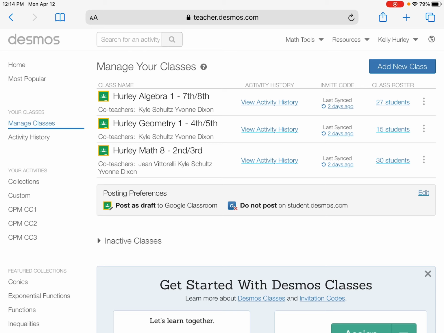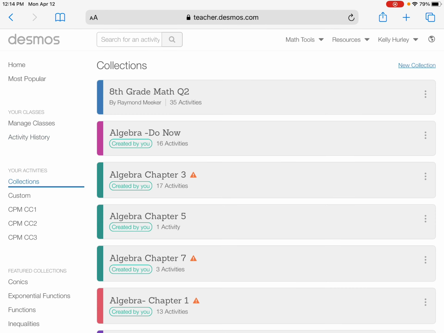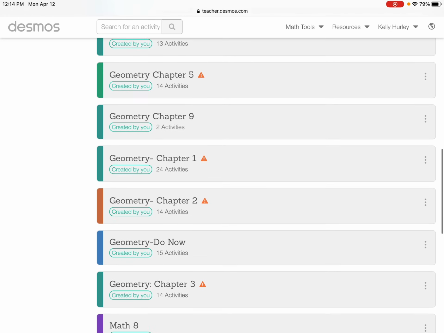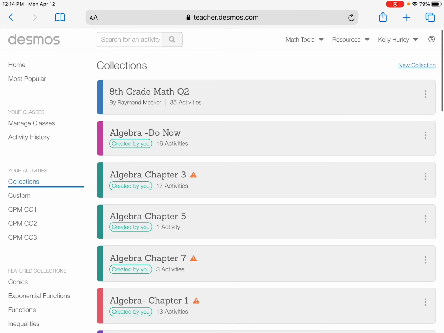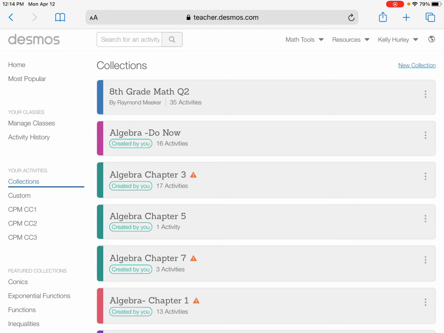If you could see, it says 2 days ago, 2 days ago, 2 days ago. And it says how many kids I have. There is an activity history of it, shows all my activities. I have this thing, it's collections. So these are all my collections that I have since the beginning of the year. I like just to have separate things for each. So, like I have algebra do nows where every week I just did a do now, or